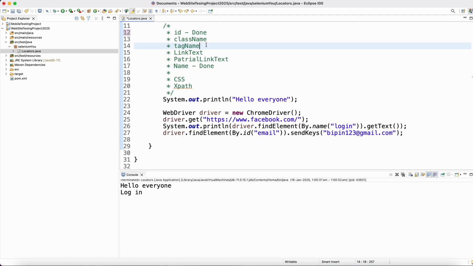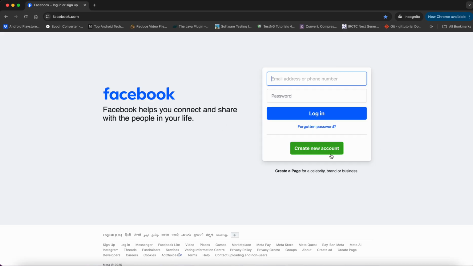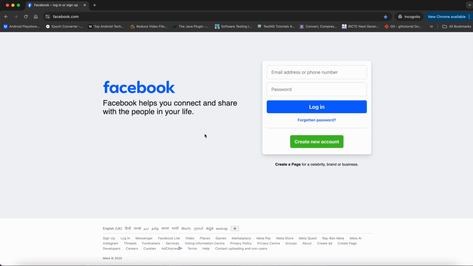Now let's go to tag name. So in order to learn tag name, again let's go to this website only. This is a very good website where we can learn all the things. So here you can see tag name. So I want to know how many tags are there in